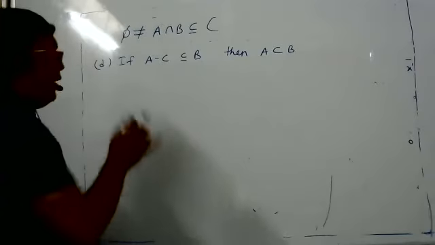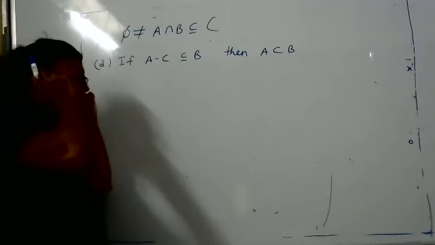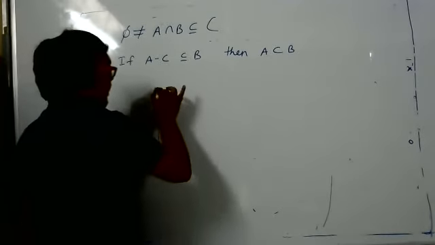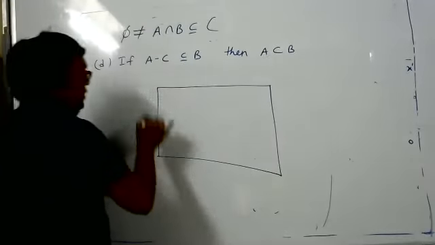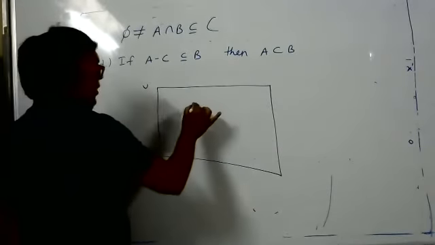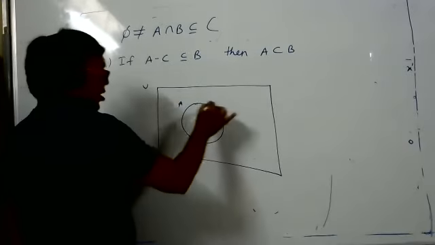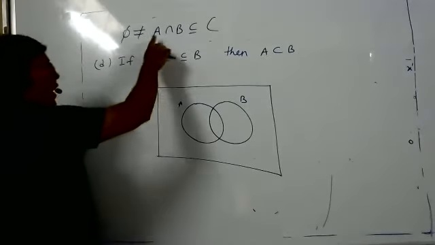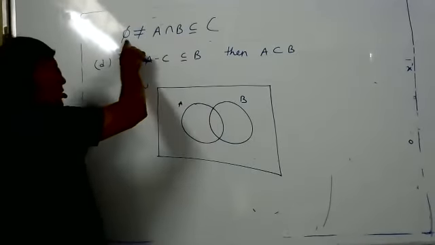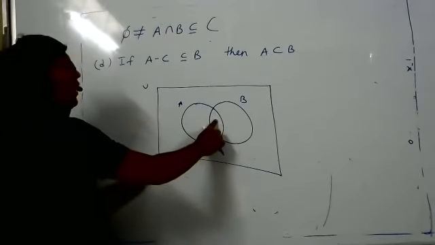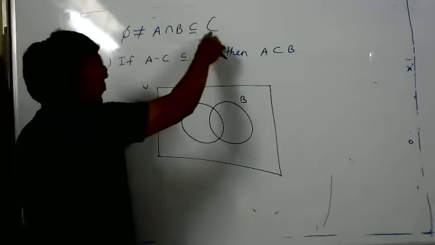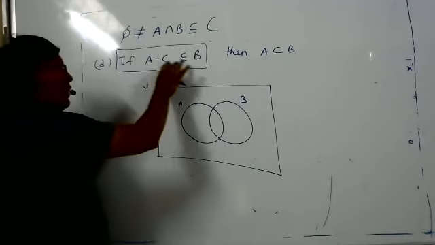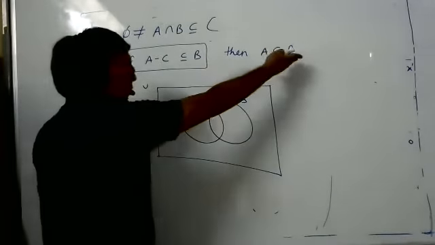Why is this false? The other 3 options, if you remember, we did by Venn diagram. So this also we will do by Venn diagram. A minus C should be a subset of B. Suppose I draw a universal set. Then this is set A, and B. Later you can ask doubts; in between don't ask. Now A intersection B is not the null set, means there should be some intersection. And A intersection B is a subset of C. Apart from that, this condition also should be satisfied: A minus C should be a subset of B. Whether this happens or not, that is the question.